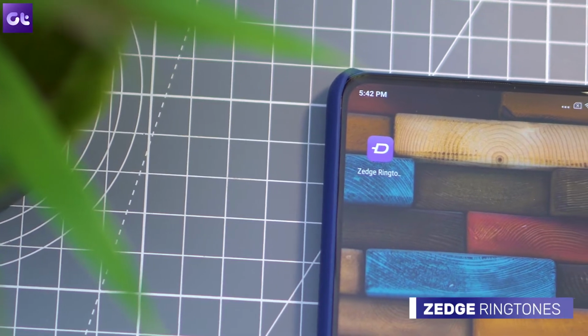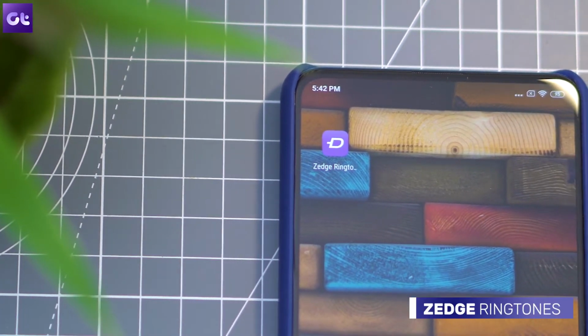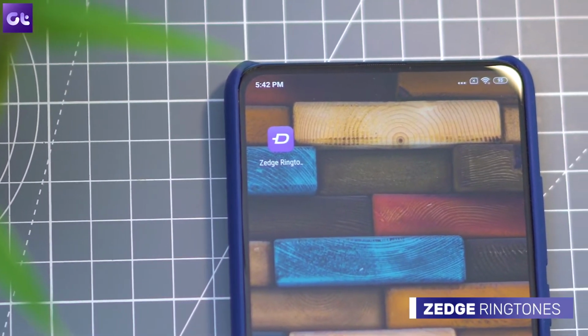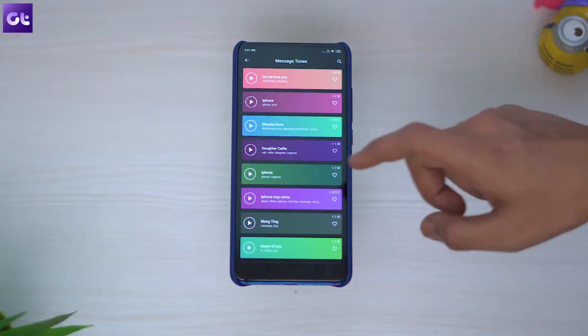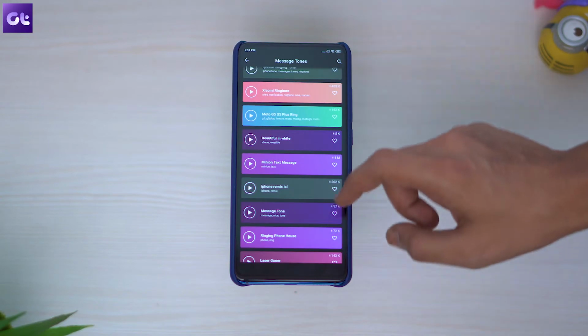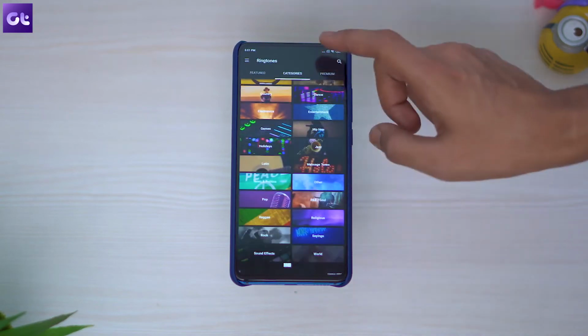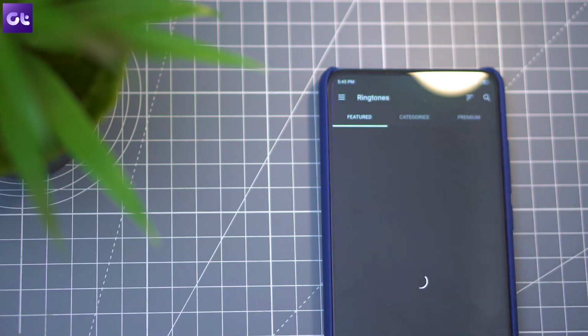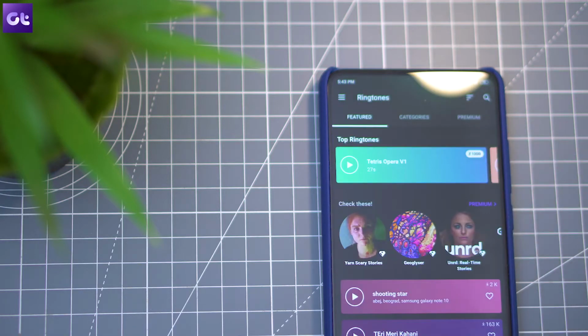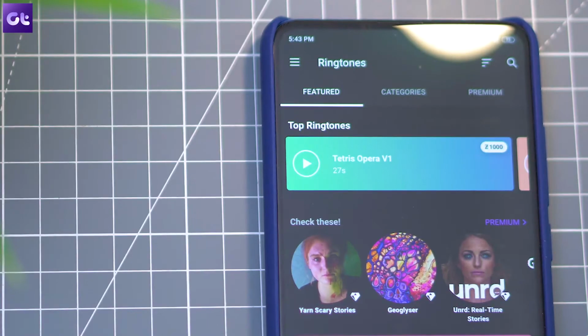Now, if you don't want to go through the trouble of cropping and setting your own songs as a ringtone and want an app that will just let you download cool ringtones right away, then you should check out Zedge. This app has an amazing collection of popular ringtones that you can download and use without worrying about cropping them first. Just open up the app, tap on the menu icon, select ringtones, and check out the ones that the